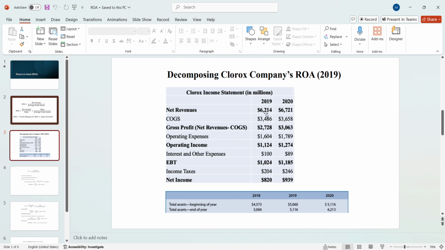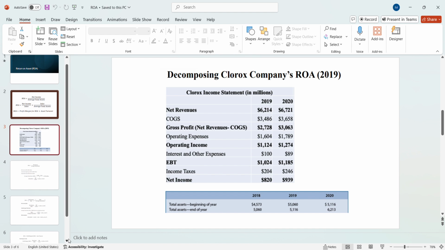Also be careful about the year, because when you calculate average total asset, you have to be very careful to find out your beginning asset and ending asset. I hope it helps you a lot, but still if you have any question, feel free to reach me